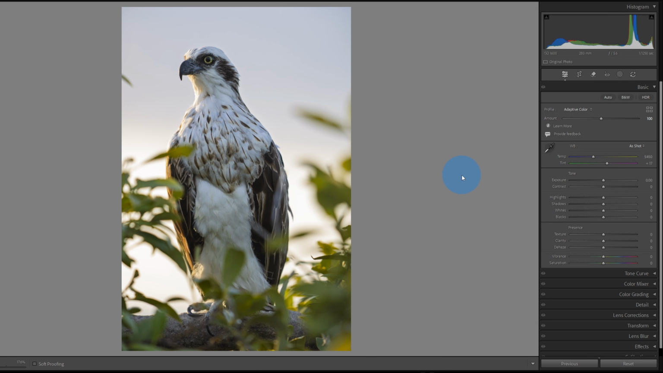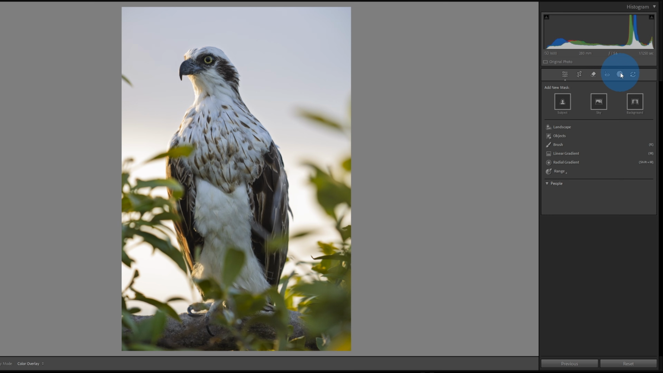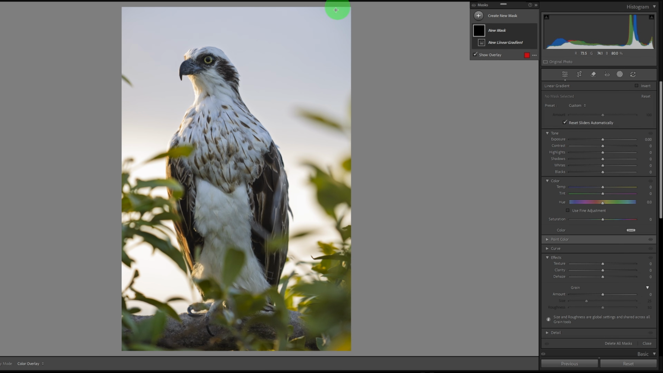Okay, it's already starting to bring back a bit of that sky. So the adaptive color has worked quite well in this case. So first thing I'm going to do is bring back that blue sky. As you would have seen from the video earlier, we did have a nice blue sky and that golden glow. So I'm going to come to my masking tools, grab a linear gradient,